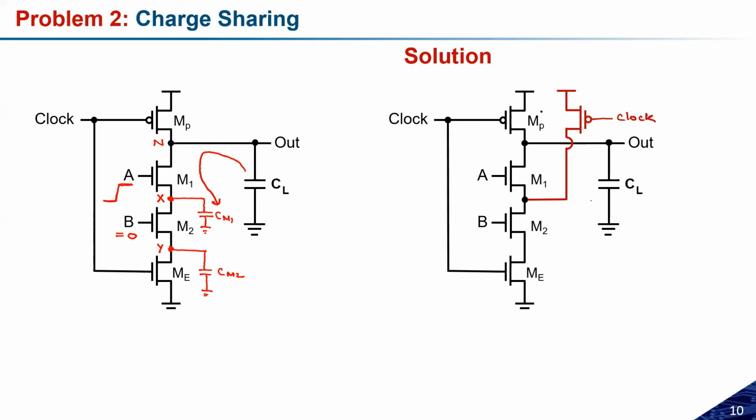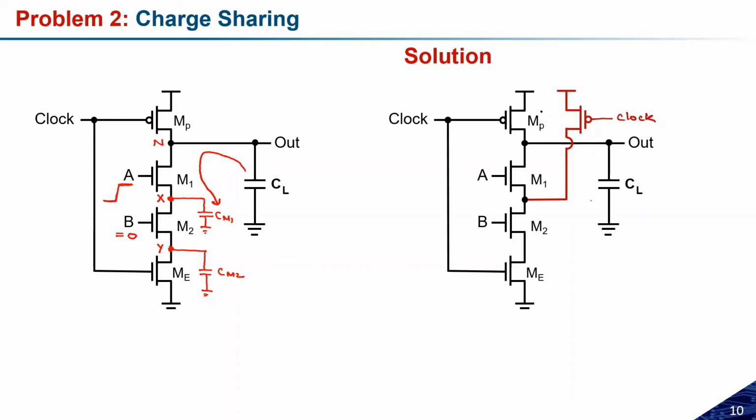Hello, sir. Yes, please. Sir, I understood that the problem is that when it is not supposed to discharge, the capacitor CL is discharging via capacitor CM1. But by restoring the voltage at point X, how are we remedying the problem? So I think in that case, I need to derive it mathematically. Because we do not have time today, in tomorrow's lecture I will derive it mathematically so that you will be able to understand what exactly the problem is.